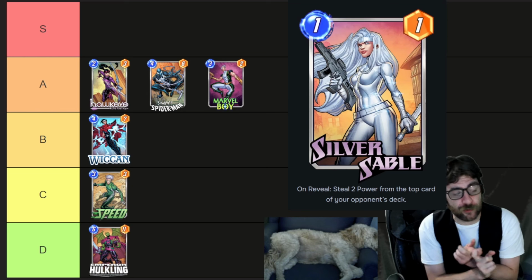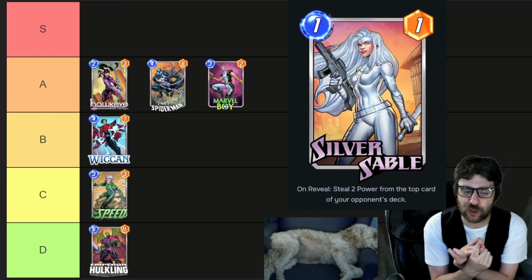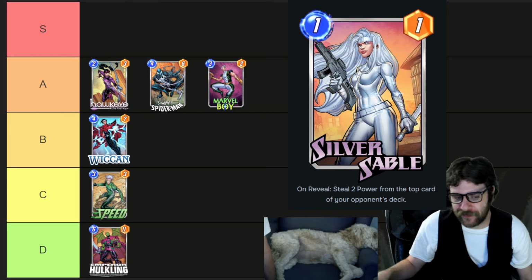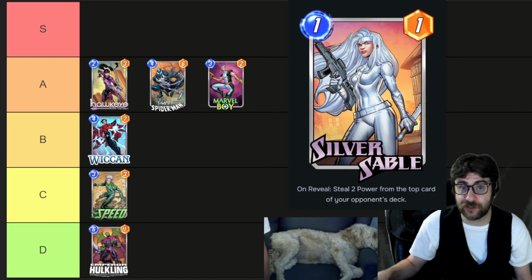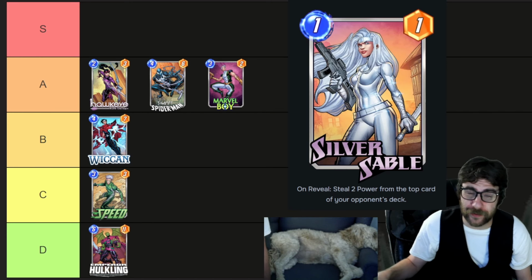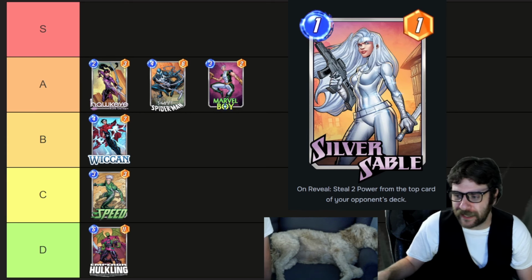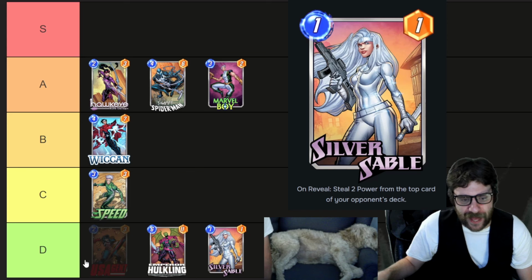You can play it with Brood, you can play it with Sebastian Shaw, but Silver Sable doesn't really have that same luxury because you're putting that Affliction onto cards in your opponent's deck. Sure, you could play her with like Ajax or something. It's not really something I am excited to do though. So I think she's going to get a...